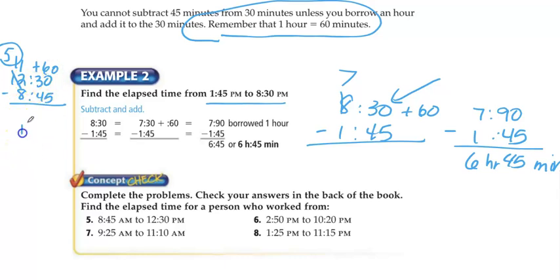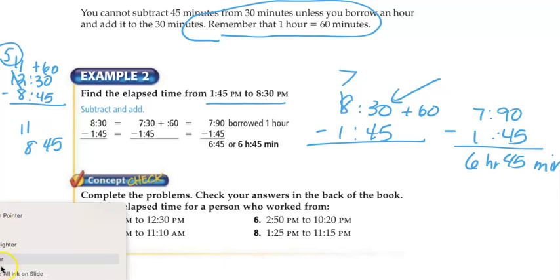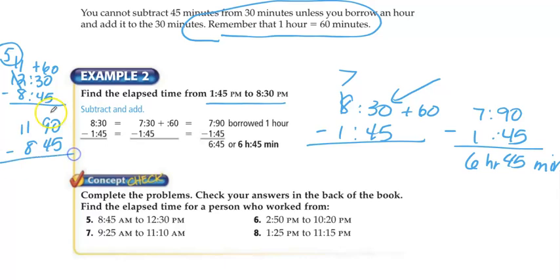So my new problem is 11 hours and 90 minutes, subtract 8 hours and 45 minutes. Okay, it's really important that you are looking at those and writing those out. And then again, you subtract the minutes and the hours, and you end up with 3 hours